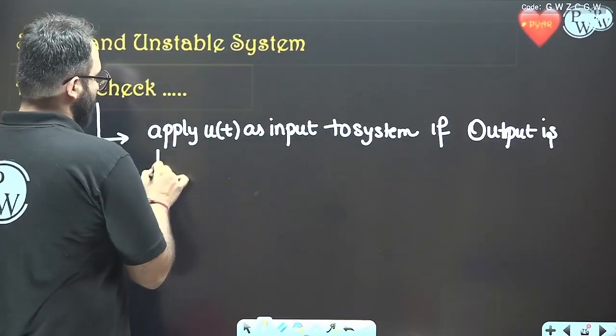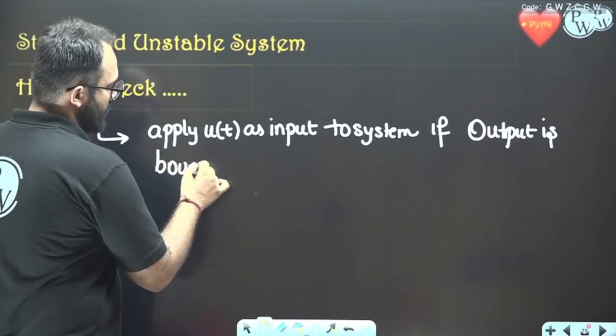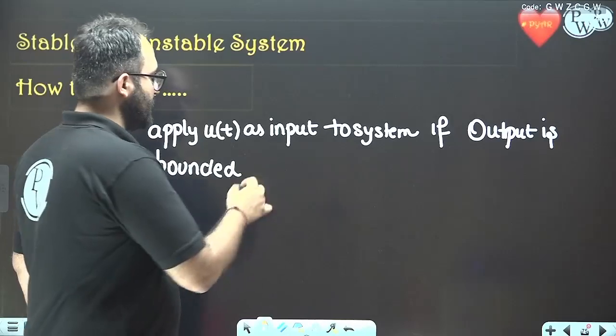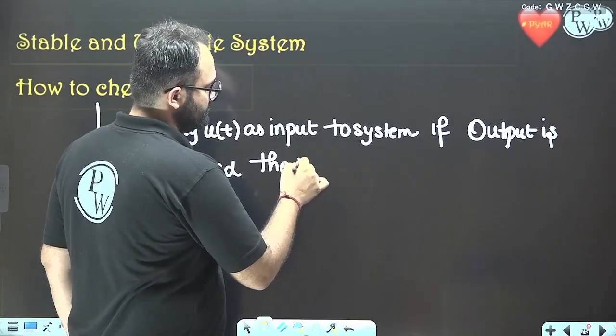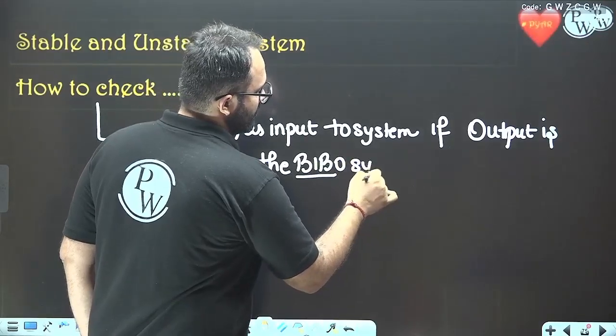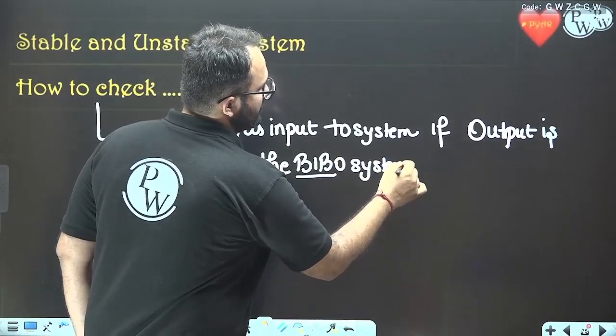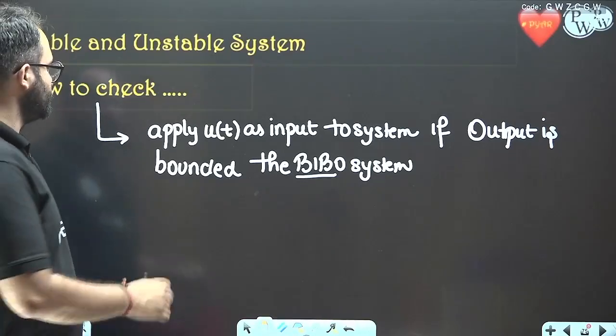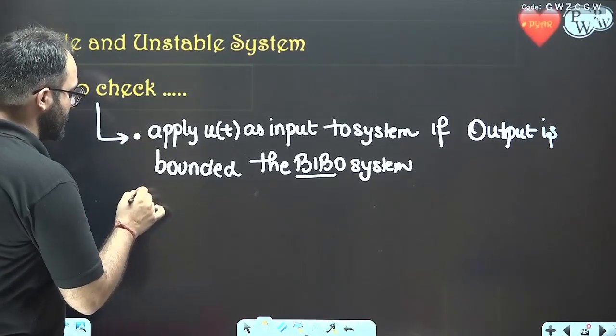If the output is bounded, meaning output amplitude is also finite always, then the system is BIBO system. BIBO system means the system is stable system, else it is not. This is point number 1. Second point is